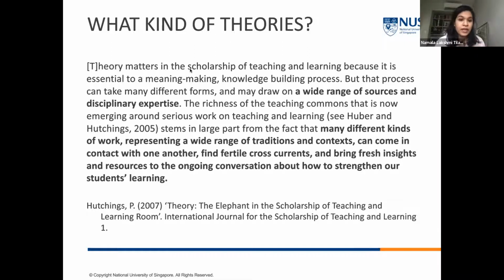We draw on those different aspects to look at higher education research, as opposed to many of our colleagues, I think, who come from completely different disciplines. So Hutchings, for example, talks about this idea of the elephant in the room. Is SoTL research real research? That's a question that's being asked, because many of the people who come into SoTL are not actual education research experts, and they're going up against an enormously established body of theory as newcomers, when they're experts in their own